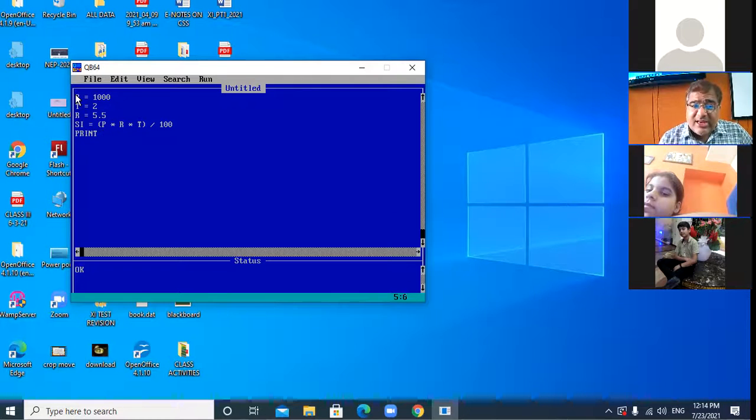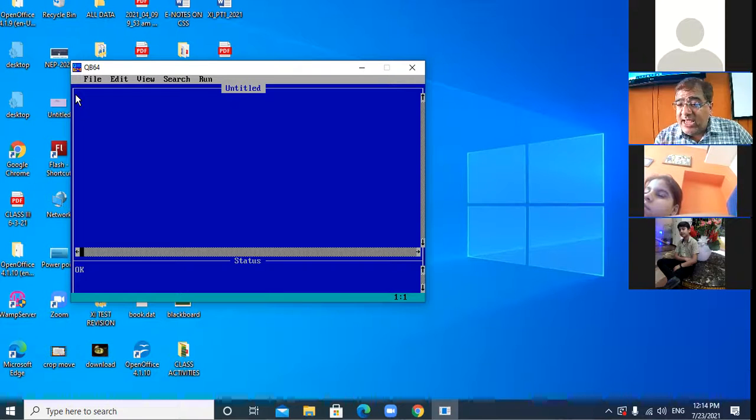If you do not want to initialize, you want the value to be inputted from the keyboard. If you want to give a value from the keyboard, how to do that? Print. पहले मैसेज प्रिंट करो.